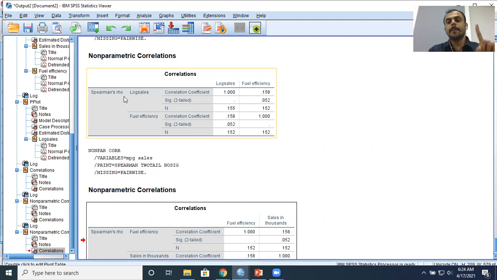As far as Pearson's correlation coefficient is concerned, there are 4 important assumptions: linearity, bivariate normality, scale variables, and the final assumption, no outliers, right? These are certain prerequisites. With Spearman's rank correlation, you can have outliers.